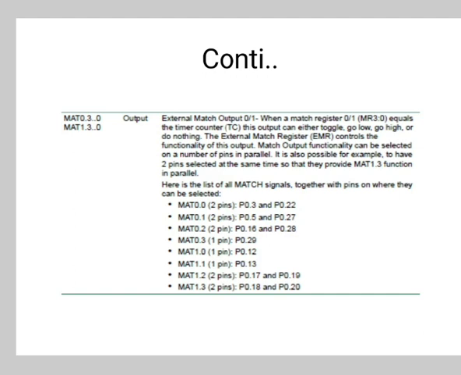It also includes 4 capture inputs, which we have already seen, to trap the timer value when an input signal transitions, optionally generating an interrupt. Multiple pins can be selected to perform a single capture or match function, providing an application with flexibility as well as broadcast functions among them.